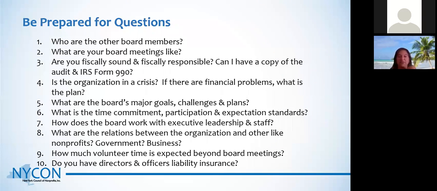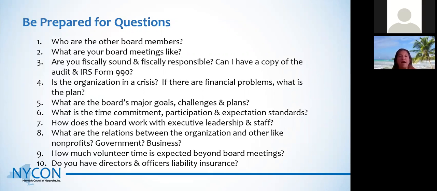As I mentioned, thinking about volunteer time beyond board meetings. I've worked with organizations who really think about this in many different ways. So one organization I worked with said, we are limiting the amount of volunteer time board members can do to one volunteer shift a month for 2 hours. For another organization, they're saying, we want board members to volunteer at least a 4-hour work shift a month, right?